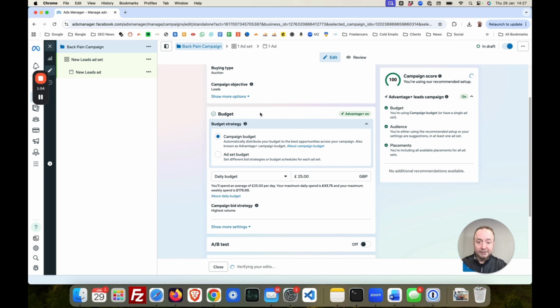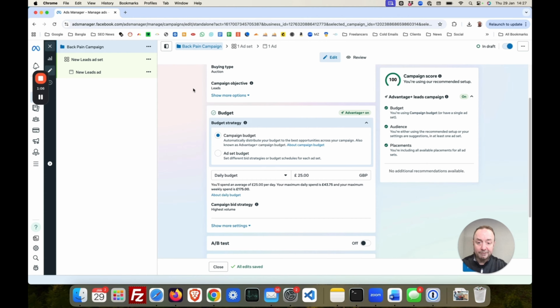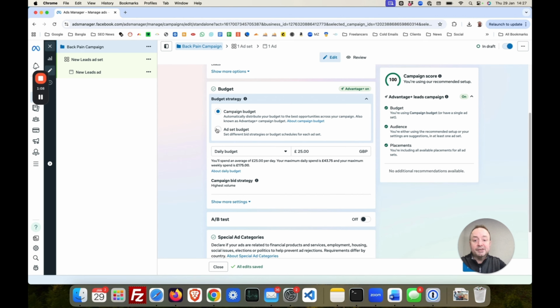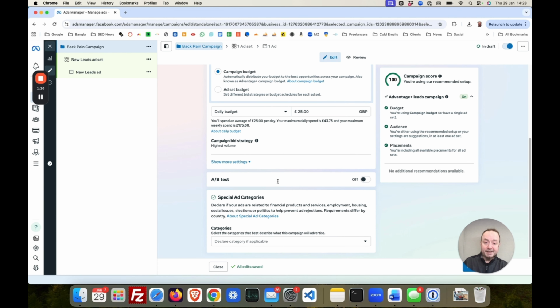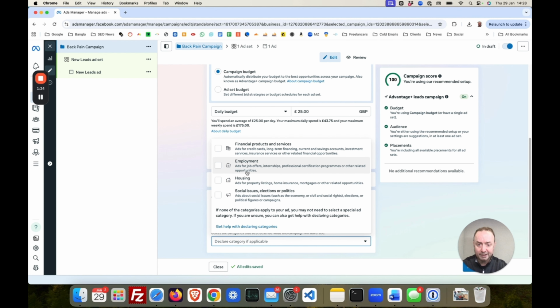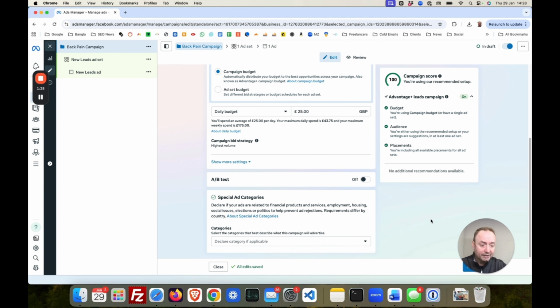And here we're going to see it's got our campaign objective of leads. Here we can set the budget, so we can set either a daily budget or we can set a budget for the lifetime of that campaign. So let's leave this on a daily budget for now. We can set A/B testing options, which we'll just leave for now. And special ad categories are for things like political campaigns and that sort of thing. So there we go. Financial, employment, housing, and social campaigns. So we're going to satisfy ourselves that we're not doing any of those,